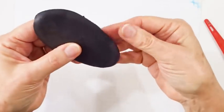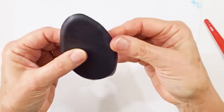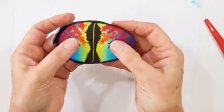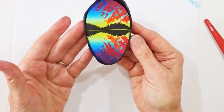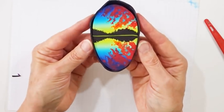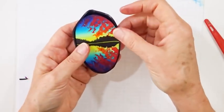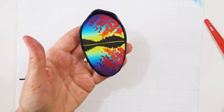I'm going to pull just gently up around the sides. And it's up to you at this stage to see if you like the thickness of clay around the outside to go as a border. For me, I'm thinking that's a little bit thick for what I want, so in that case I'm going to do this in 2 parts. If you're happy with the size of the border, then when you pull it up, you could have put some liquid clay around the outside as well, so that when you pull it up, you then just, with your tissue blade,